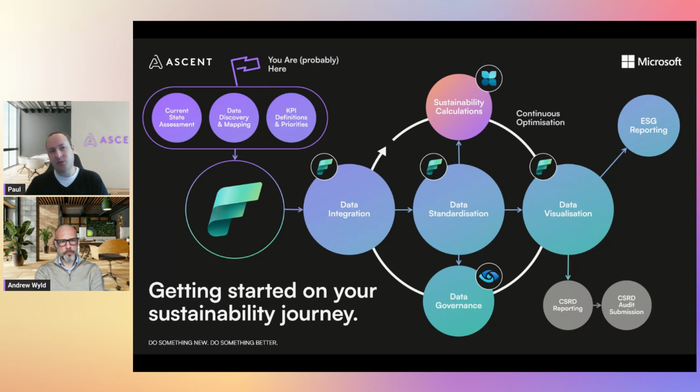So the first thing that we really want to do is understand what that current state is. Have you done something already? If you have, fantastic. How can we grow and build upon that? If you've not started, let's help you identify where your data resides. How good is your data quality? What's a good starting place? What's the right KPI to start with? What's the right category and scope? Is it carbon? Is it water? Is it waste? Where do we start? We want to make sure that we can really help you get started on that journey.